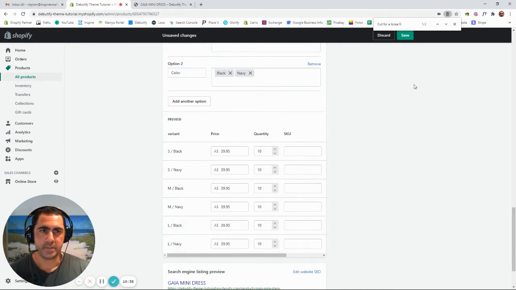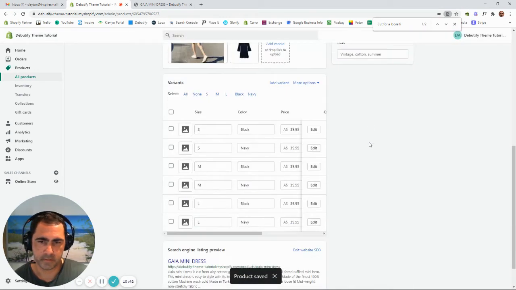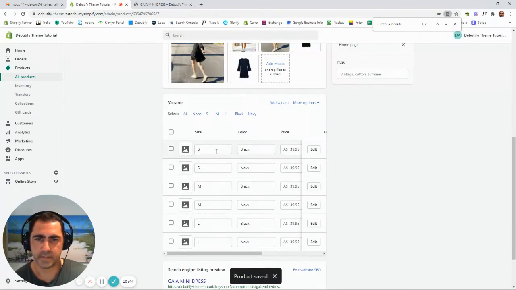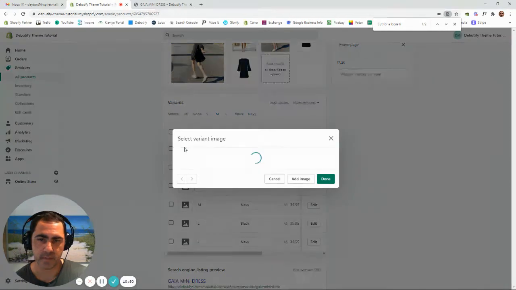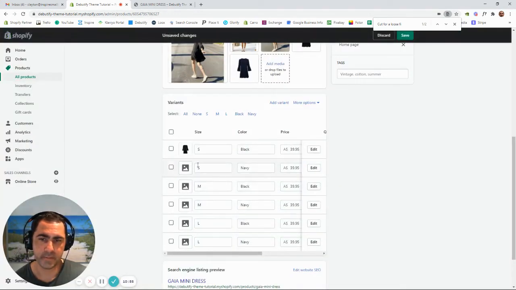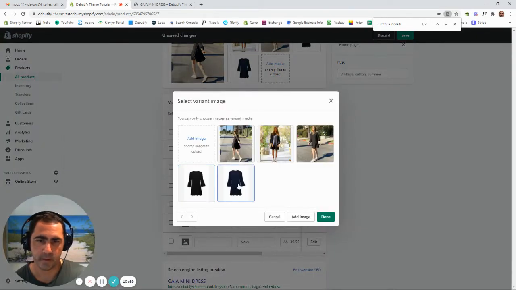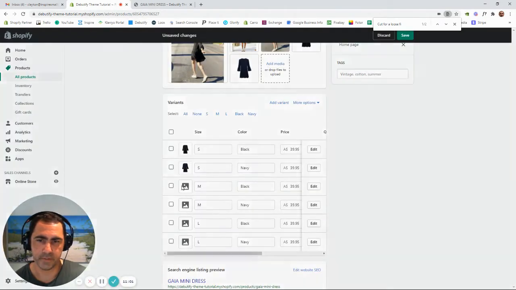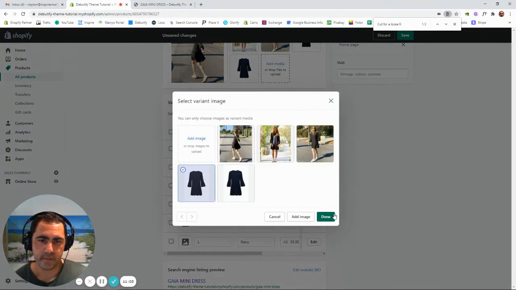And then if we save now, it's going to give us an option to actually make an image for the product. So let me show you what I mean. Basically, if someone selects the small black, we can have the image we want them to see. So if we click the image here, we can just click the black one there. So if someone clicks small black, this image is actually going to show up. And then if we just go through and do them all for these products,